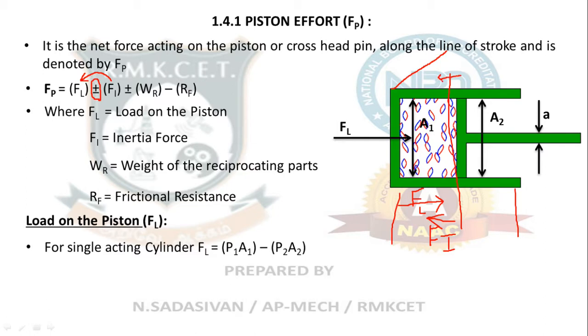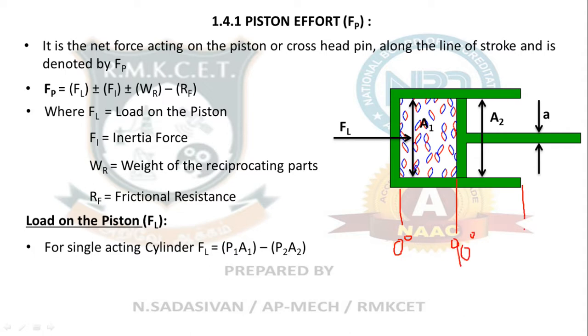When my piston is decelerating, inertia will try to push the piston further outward out of the engine. So that is inertia. Okay, it's very simple. Let us talk in terms of crank angle. This is 0 degree crank angle, this is 90 degree crank angle. Finally here this is 180 degree crank angle.